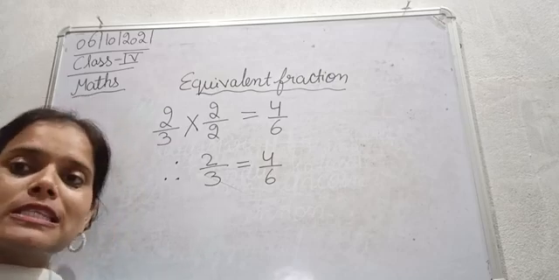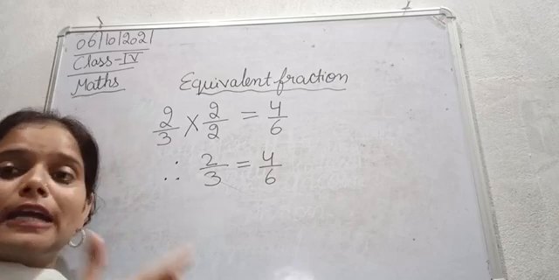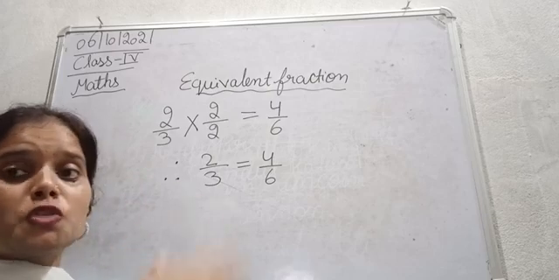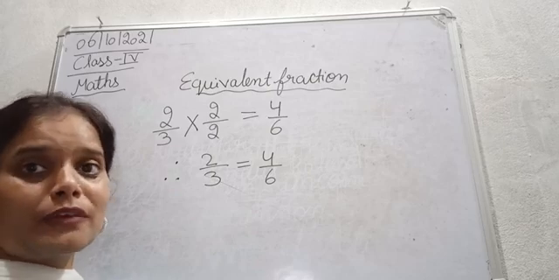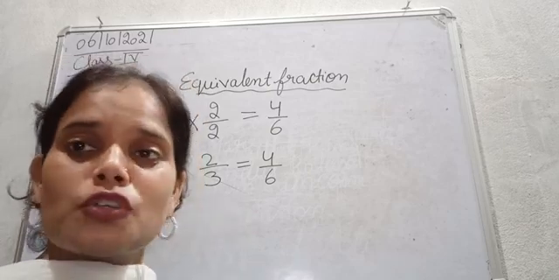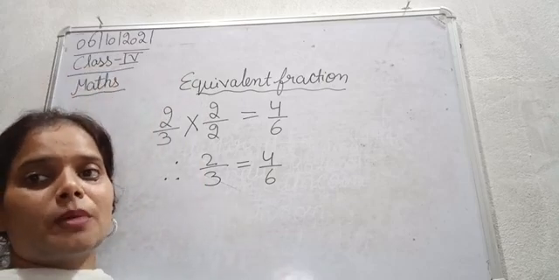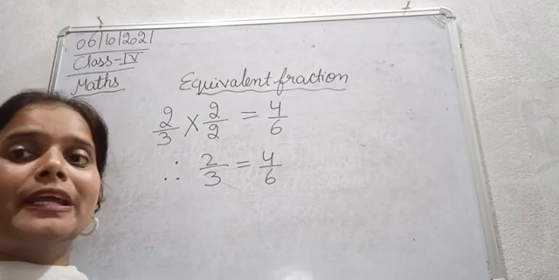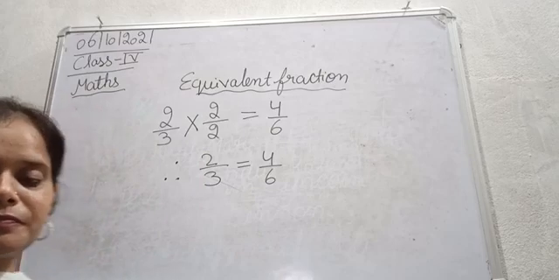Okay, so this is how you can find the equivalent fraction. यहाँ पे तो आपसे एक पूछी, मैंने कहा कि okay, suppose you have to find the one equivalent fraction. Suppose you have to find a number of equivalent fractions, any 3, 4, 5. So just keep multiplying the numerator and the denominator with different numbers. Okay, अलग अलग numbers से multiply करो and you will get the equivalent fractions.